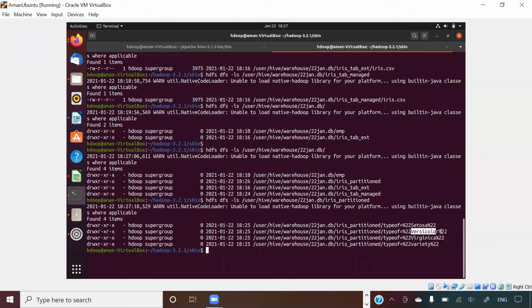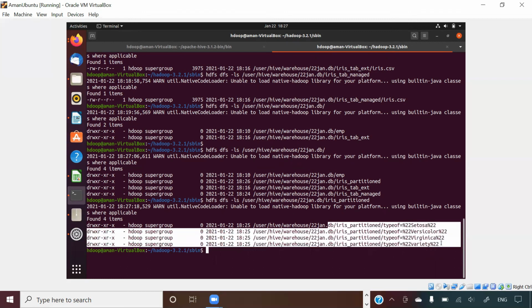One is Setosa, one is Versicolor, one is Virginica, one is Variety. The reason being the header is also getting treated as one column, which should not happen. We should ignore the header. Forget it for a moment. But here you will see that 4 different folders are created.